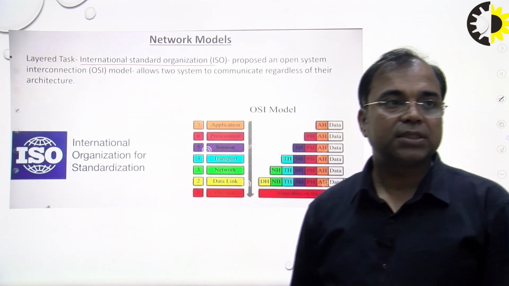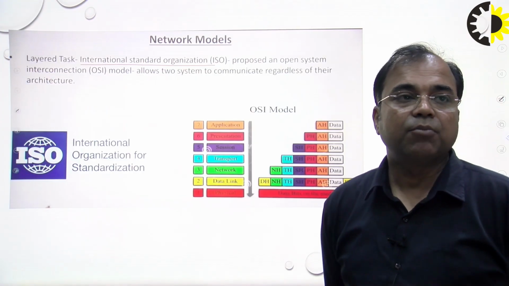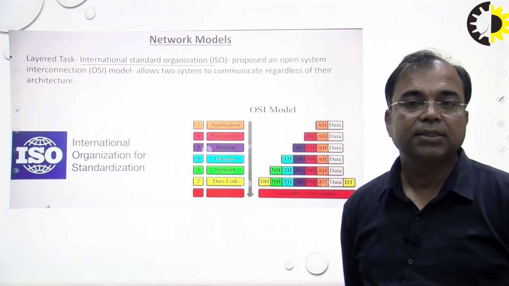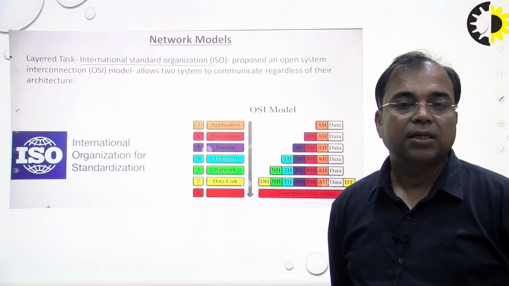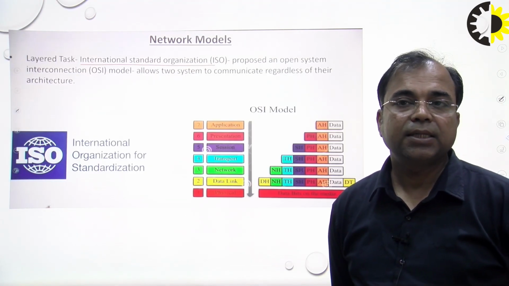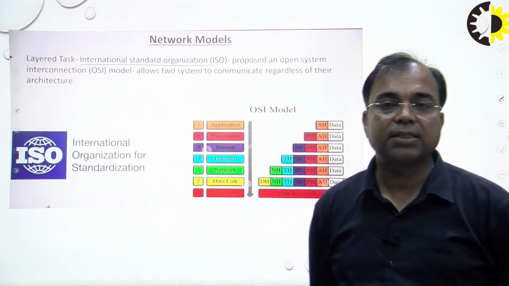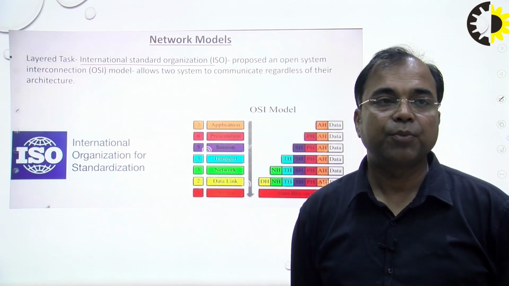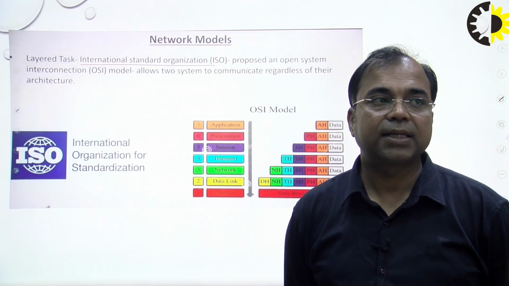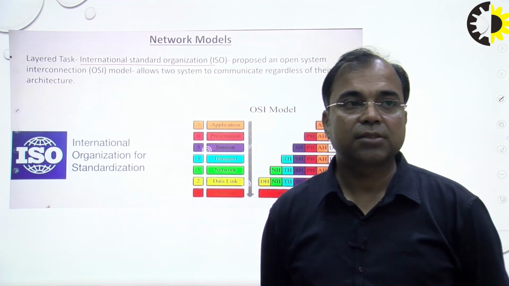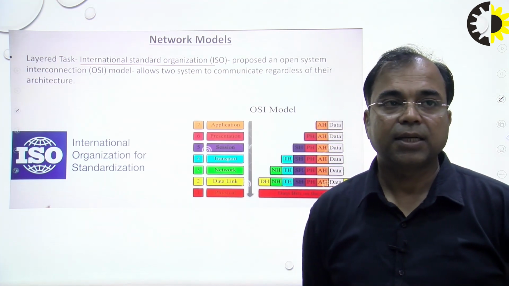Today I am going to give a basic overview of computer network, which is in 6th semester in AKTU. So first we start with what is a network model. We discuss the network model, which is a layered task. Layered task means the International Standard Organization, that is ISO, proposed the Open System Interconnection, that is the OSI model, and allow two systems to communicate regardless of their